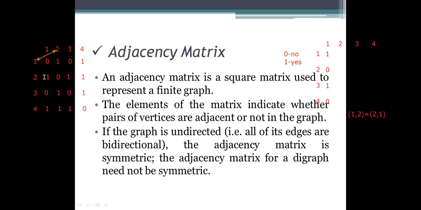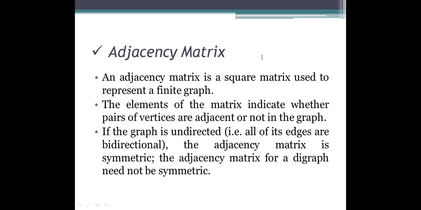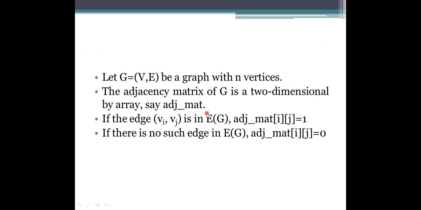Okay, so the bidirectional one means that it is an undirected graph. If a path lies between 1 and 2, it is a bidirectional one. That is, to and fro, it will be there. From 1 to 2 means it will surely provide the edge from 2 to 1 here. So that is a representation of how we are representing the edges in the matrix with 0 and 1, and how we are specifying the adjacency matrix.